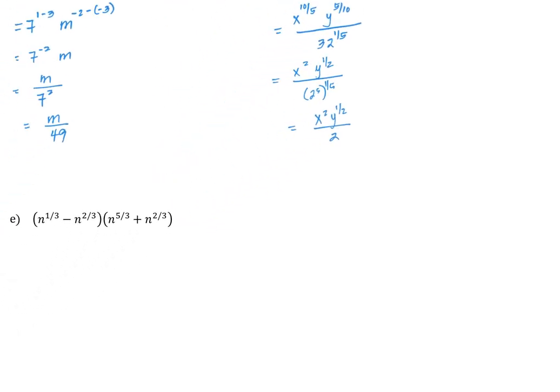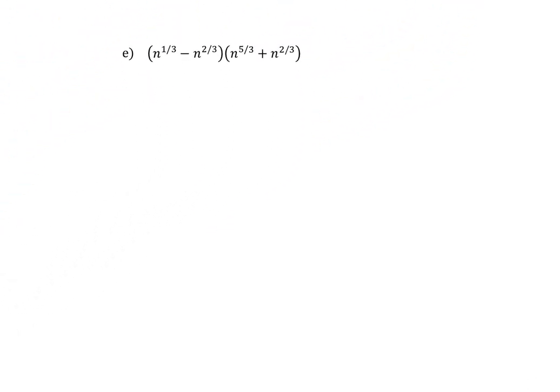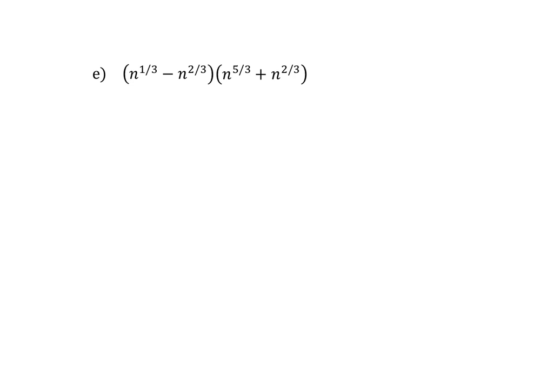And let's move on to one more example. Example E, we have these parentheses that contain a subtraction and an addition. Now these aren't binomials because they're not polynomials. Polynomials don't have rational exponents, but they do have two terms. What we need to do to get rid of the parentheses, because again it's not simplified with parentheses, is we need to just distribute. The n to the 1/3, we're going to multiply that by n to the 5/3,